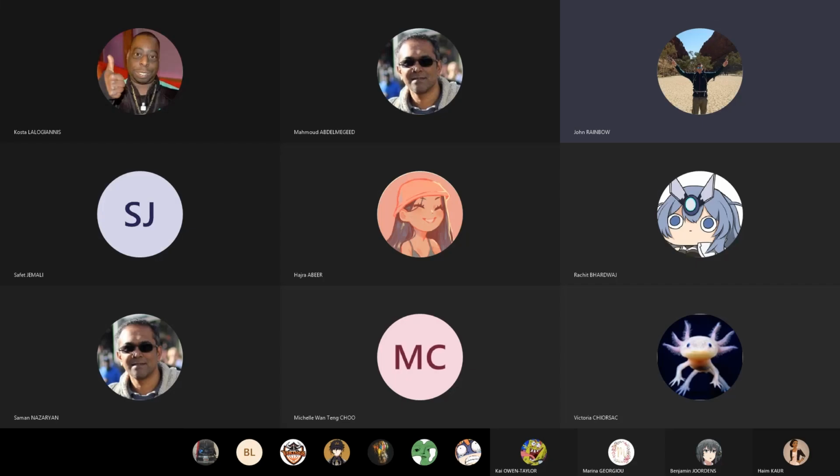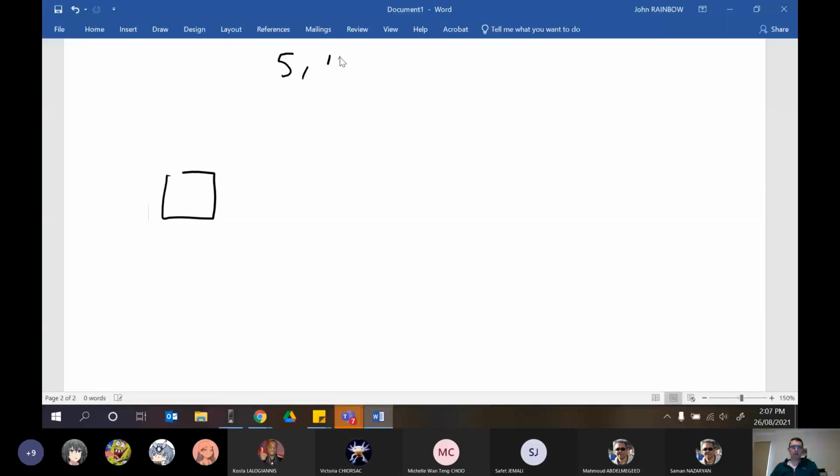If you look at 5, 12, and 13, well, if you look at the two shorter lengths, that's 5. Here's another one, that's 12. The area of this one